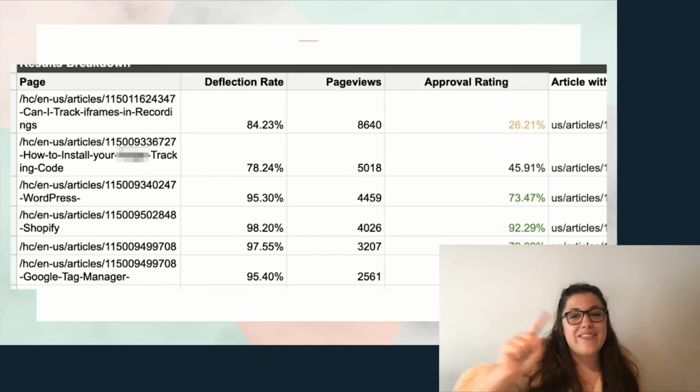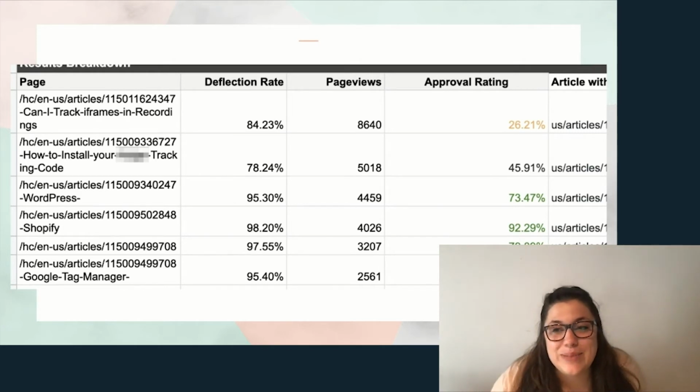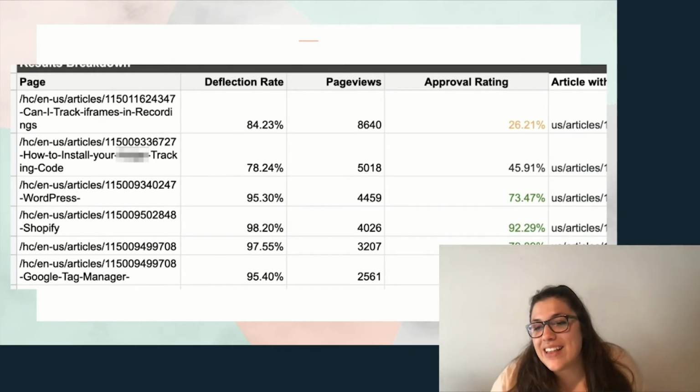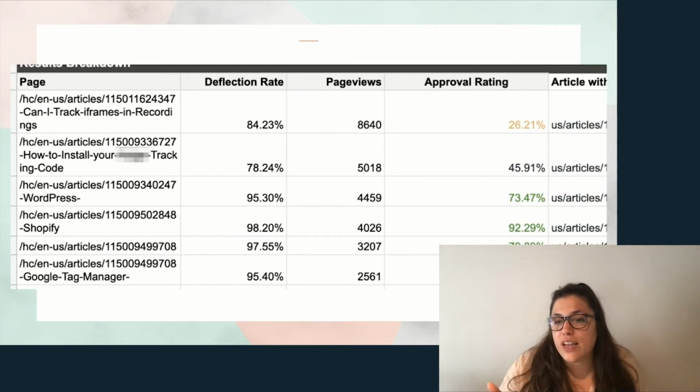And this, if anything, increases my anxiety because number 2 definitely needs to be looked at. You can see that the rest of the ones that are in good standing, so the last 5, I believe, have a high deflection rate that's near average of what our overall documentation is. But that second one is a 78% deflection rate, which means a lot of tickets are coming in, and the approval rating is kind of medium. So if I learned anything from this talk, that is the doc that we're doing immediately after this recording.